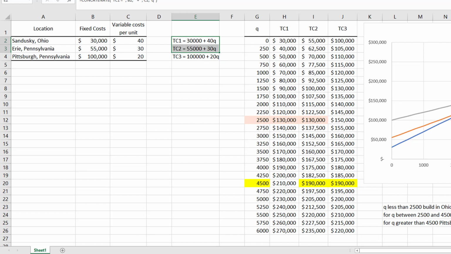And then I looked at this other intersection over here between total cost curve 2 and 3, and I did the same thing. I said, where is total cost 2 equal to total cost 3? Set them equal to each other, find the output level where they're equal. That's how I found the second one. So I knew before the problem started that I needed output levels of 2,500 and 4,500 in the domain. So I purposely set up my domain at these 250 unit increments so that I would have these two numbers in my table. So there in a nutshell is how I construct these